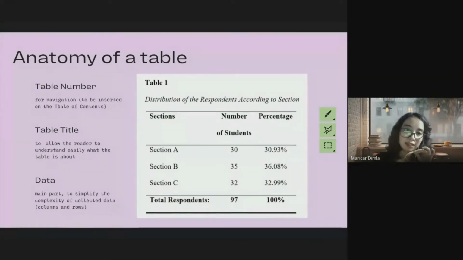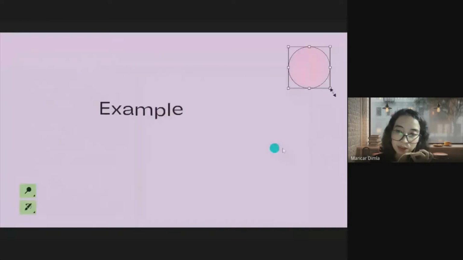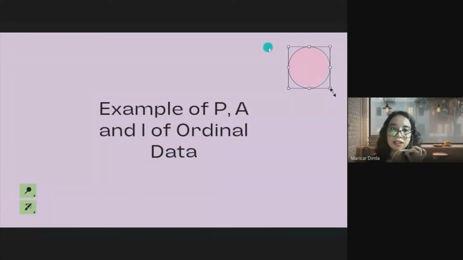Okay? Alright. So, we can now proceed on how to have a presentation, analysis, and interpretation if your data is in ordinal form. Kaya, di ba, during the discussion natin, dinisclose natin way back the ordinal, nominal, interval, and ratio. Okay? Kasi it will play vital roles in presenting your data. Okay? In deriving your tables.